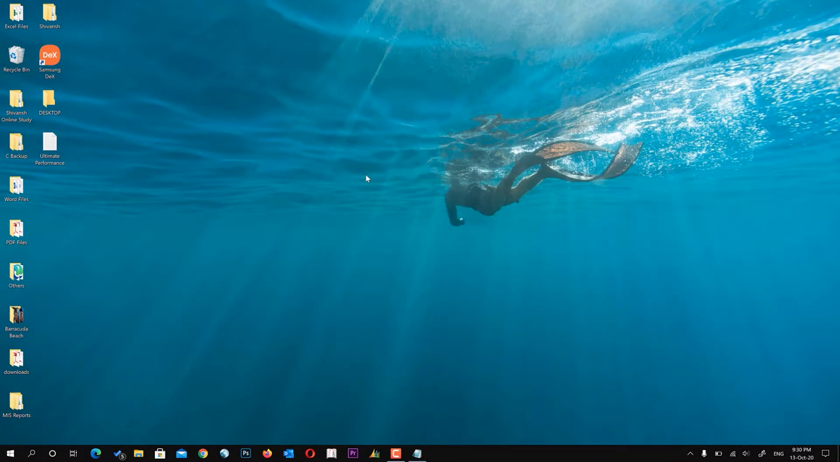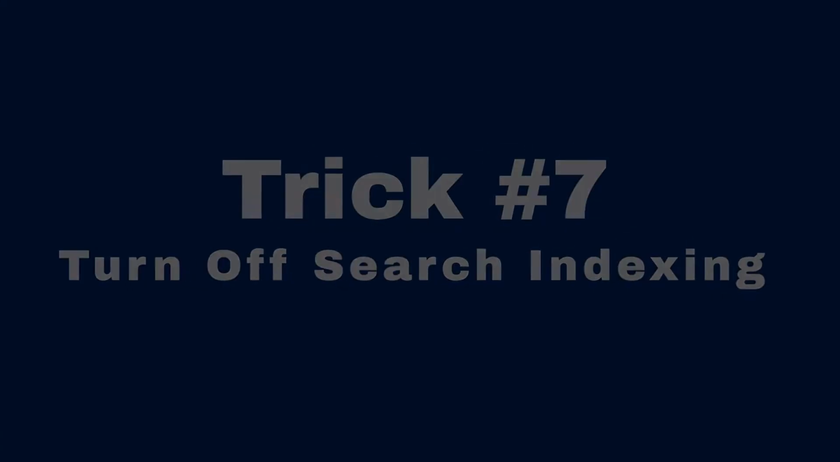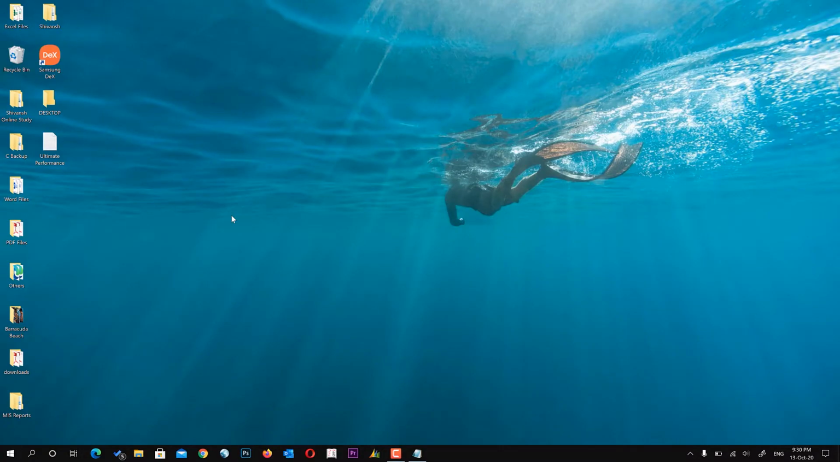So this will give you a very noticeable boost in your system performance. Turn off search indexing. Windows 10 indexes your hard disk in the background. This will allow you to search files and folders in your PC very quickly. If you are not indexing, it may take some time to find files and folders when you use the search option